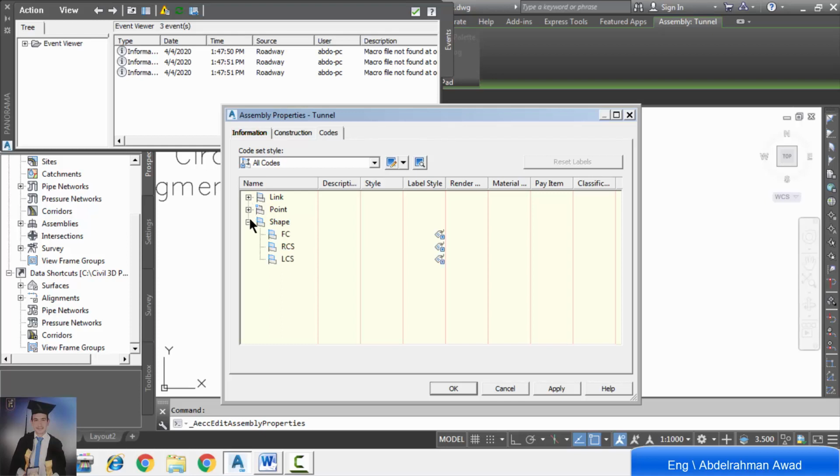From shape, we show our defined codes. Add shape, RCS, LCS, and FC. So we make sure that all codes are defined for all sub-assembly.